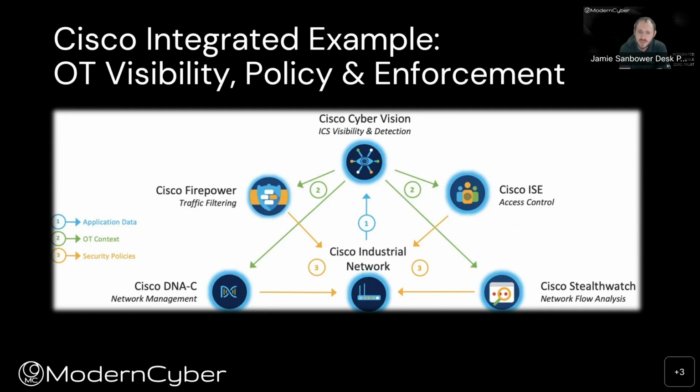So with the Cisco solution, they made sure that the industrial network integrates with their Cisco Cyber Vision, which provides visibility into threats, the devices, and CMDB. But not only does that have the intelligence, it's sharing all of those pieces of context and risk to the firewall, so Cisco firewall in this example, and to the access control solution, which would be Cisco ISE in this example. So every component in this stack is already pre-integrated for you, so you don't have to create custom integrations for every single solution.